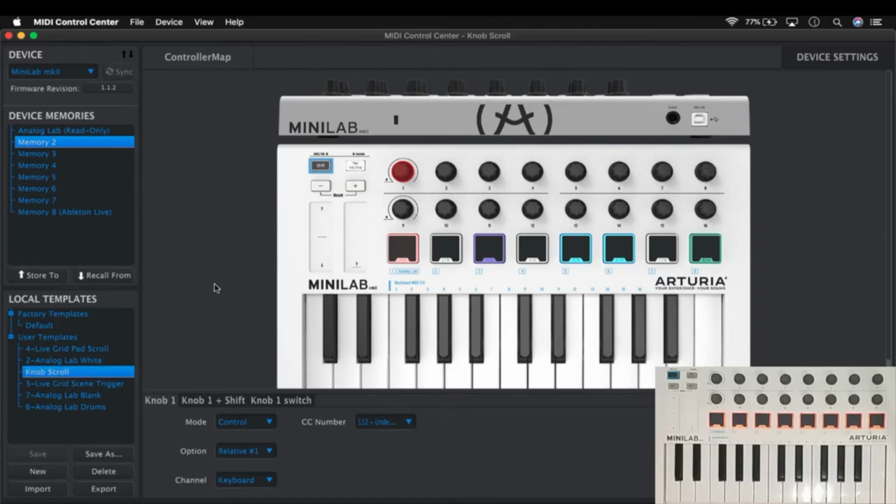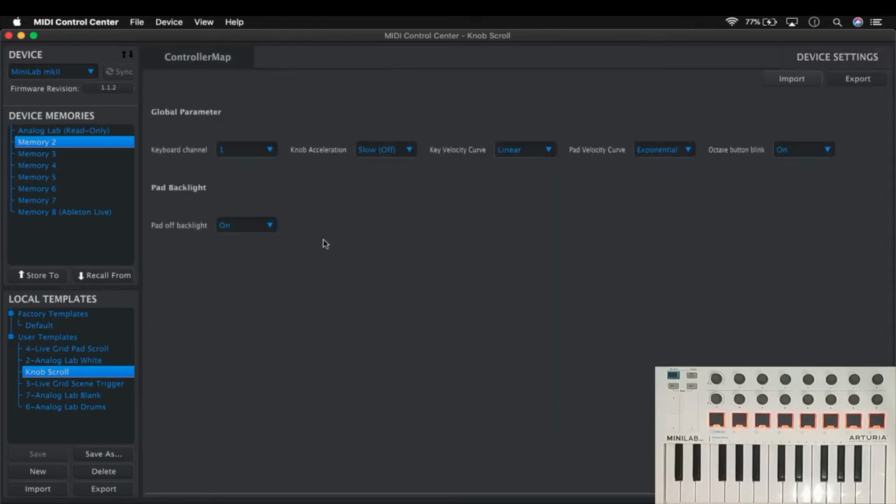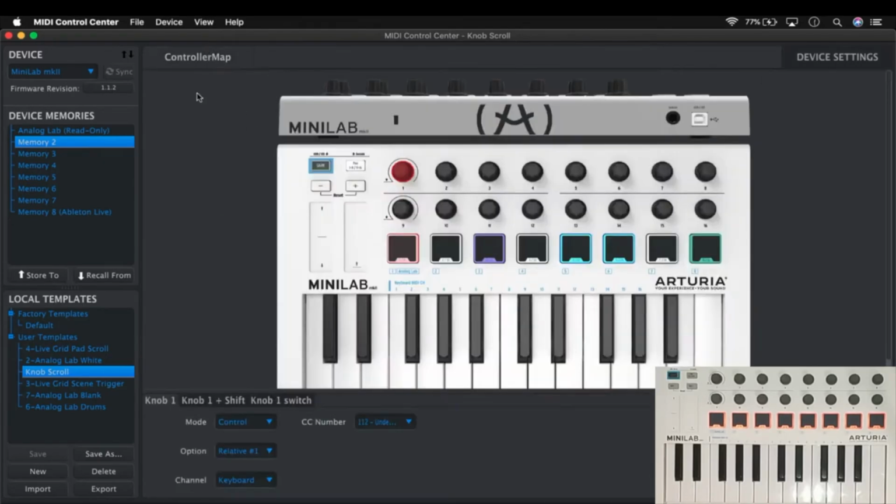and the first thing you want to do is check my device settings. My keyboard channel is 1, knob acceleration set to slow, key velocity curve linear, pad velocity curve exponential, octave button blink is on, pad backlight is on. This is my setup. And in controller maps, keeping this one selected, knob scroll, I want to head over to